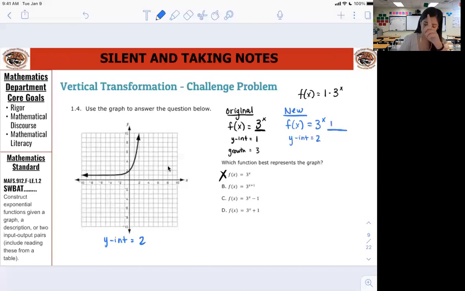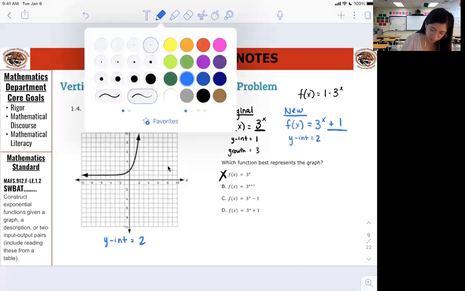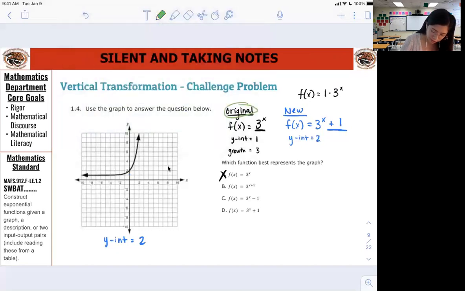I add 1. Because my original graph was, let me draw it. It's not on the picture. Let me actually put it there. Original is going to be green. My original would look something like this. We know that the y-intercept of the original would be 1. The y-intercept of my new graph is 2. So that means I had to take the original one and bring it up just one step. Oh, I thought we were looking at g of x and we have to subtract it to make